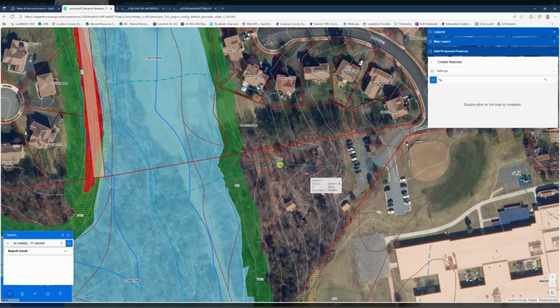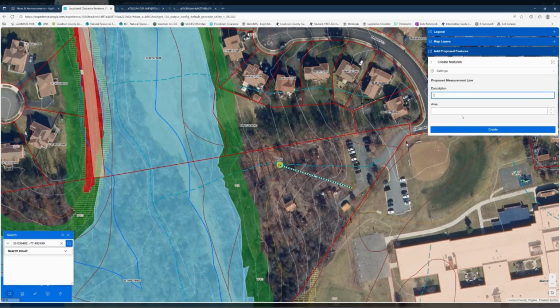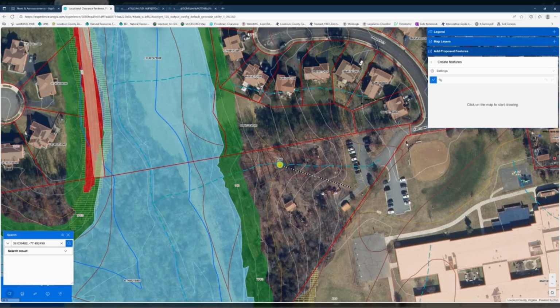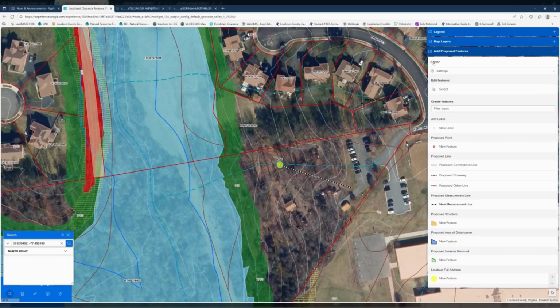anywhere I want to around the well itself for my buffer. So I want my line to be measured here. I will select it. I will enter in well buffer for my description and select Create. It will label this with the length of the line. I will exit out of Create Features for my measurement line, and then for my buffer,